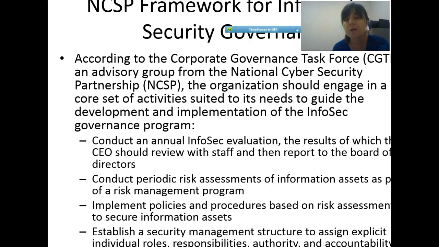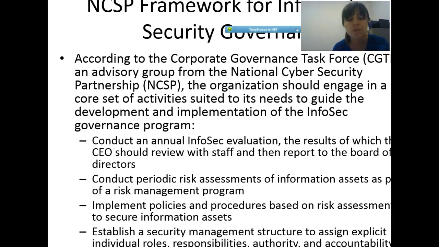Also conduct periodic risk assessment of information assets as part of the risk management program. Also implement policies and procedures based on those risk assessments